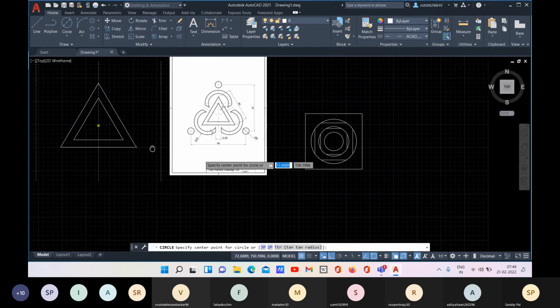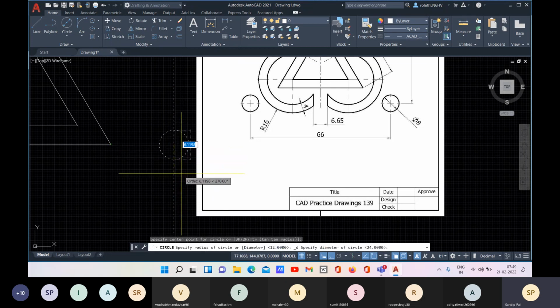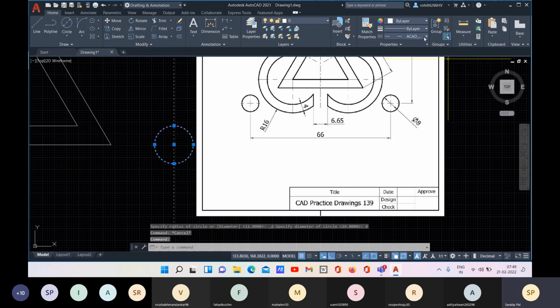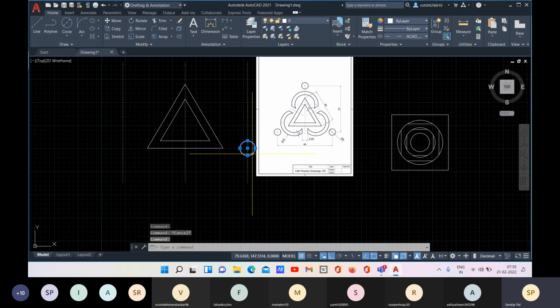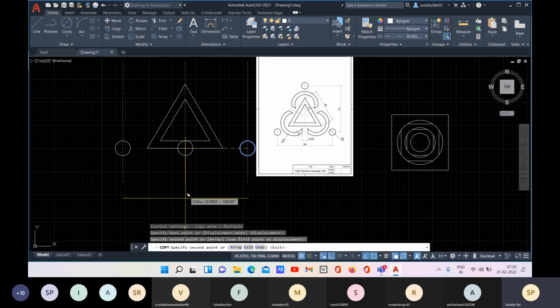And now I will use object snap tracking, and I will find this intersection, and this is going to be the center, and the diameter is 8, enter, and I'll change this line type. This will be bilayer, and you can copy it, CO, enter, copy, and specify the center, and then with the ortho mode on, just drag and place on this point. For placing, click and escape.